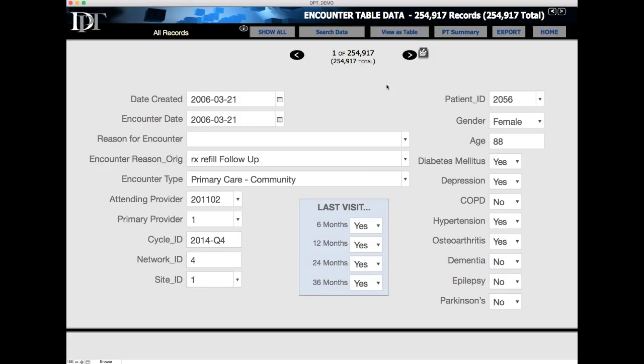When you get to the encounter table data, it's going to show you a total number of records that are in the database. This is a unique number of visits. So for this particular demo database, there are 255,000 visits in this database. And there's details on each of these visits. From this view, you're able to scan through individually on each of the visits. But for the purpose of this exercise, we want to look at the number of visits within a certain time